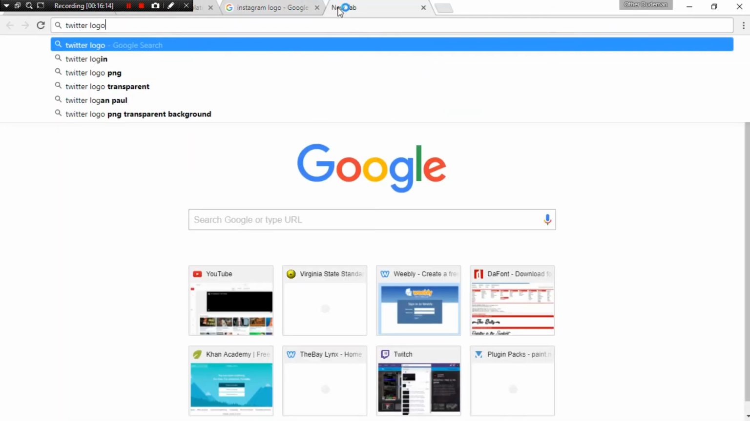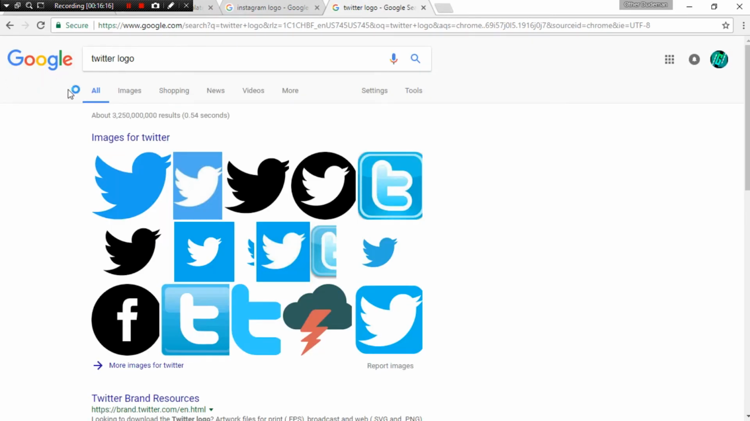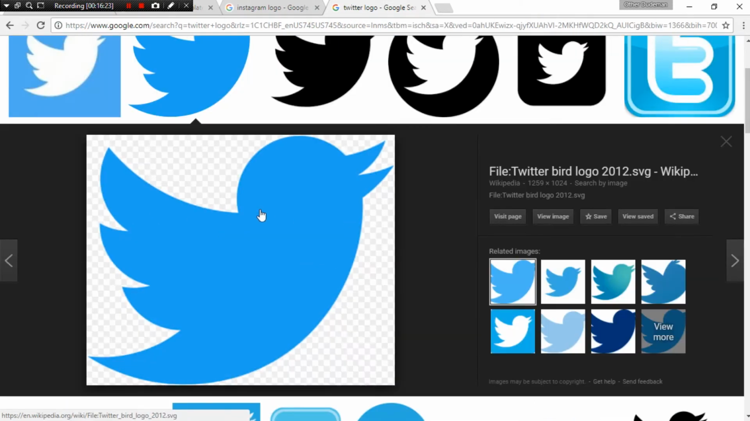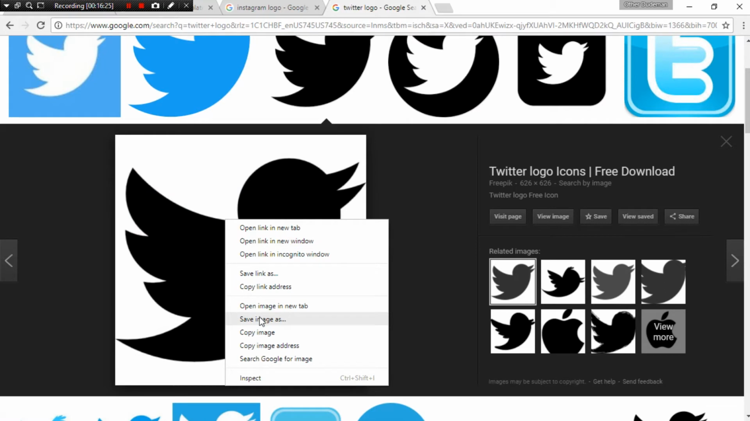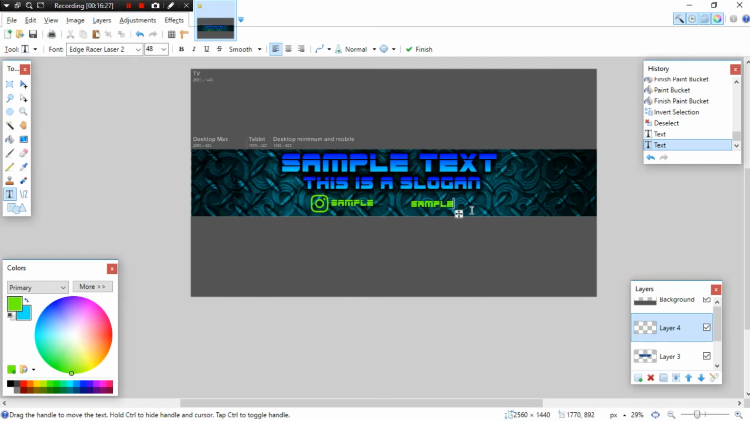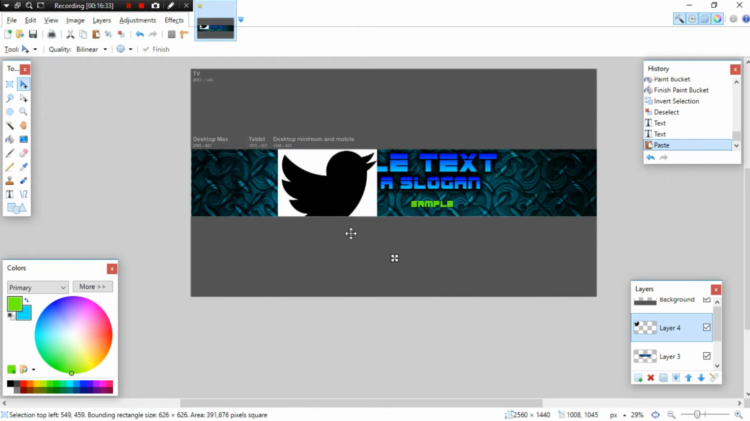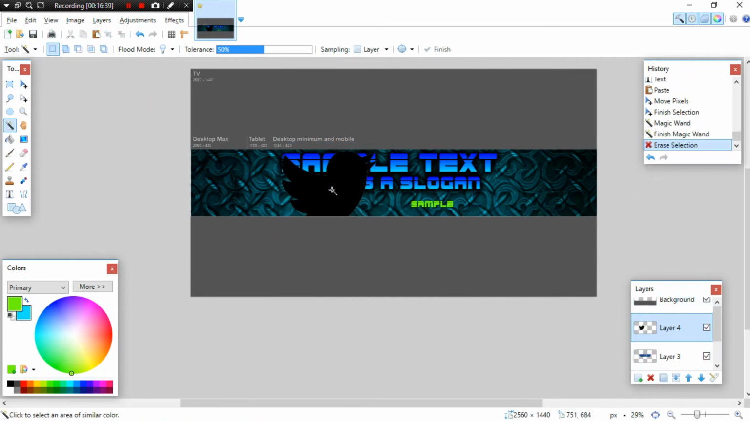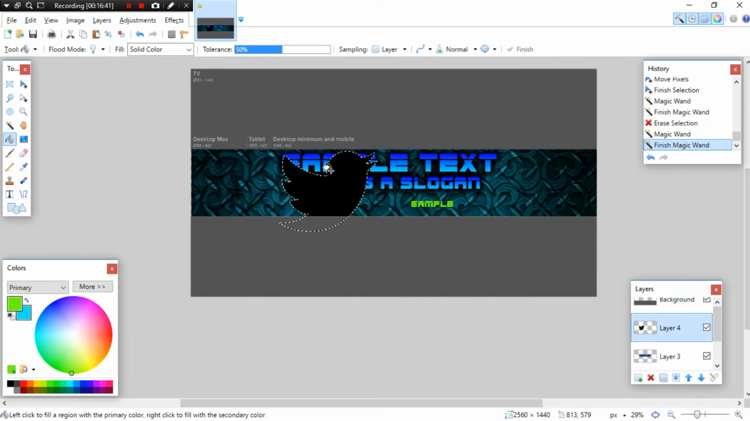Twitter logo, or whatever social media you have, Twitch, Twitter, Tumblr, I don't know, Tinder. But here we go, black Twitter bird, copy image. And let's get rid of the white and delete, make this green,